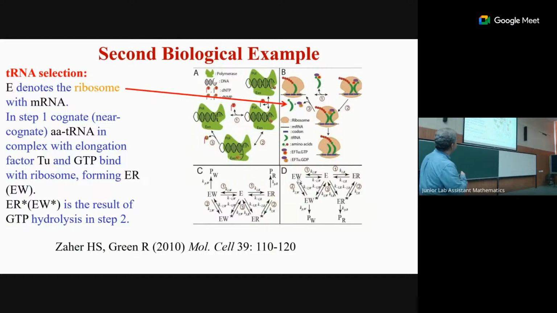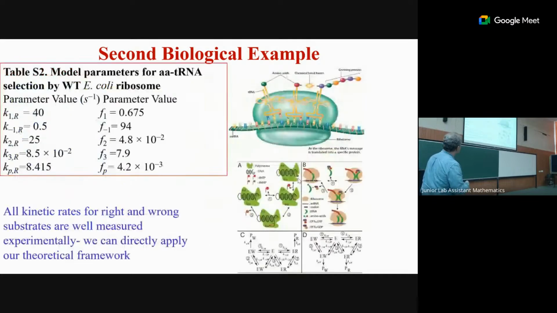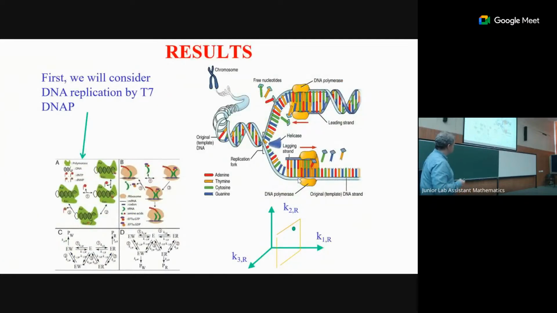Another example is tRNA selection, and this is in the ribosome. In the ribosome, this follows this chemical kinetic scheme. And again, all rates are known, given over here. All rates which follow this scheme can be described. Okay, so we have a stochastic model of kinetic proofreading for two different systems, and this of course depends on